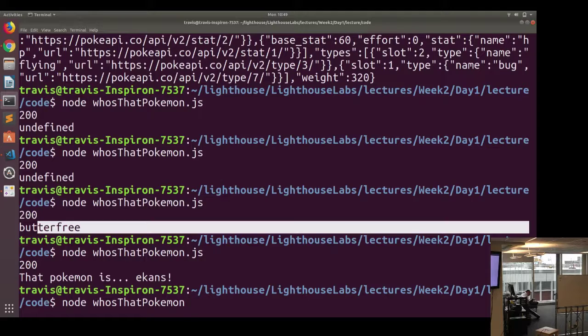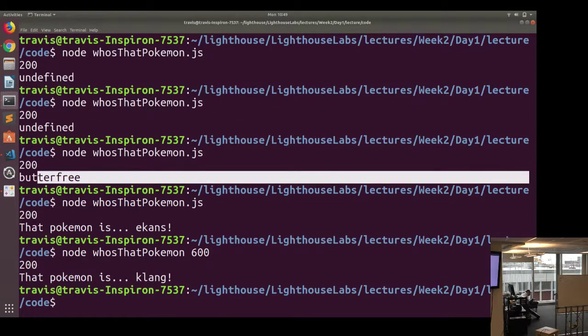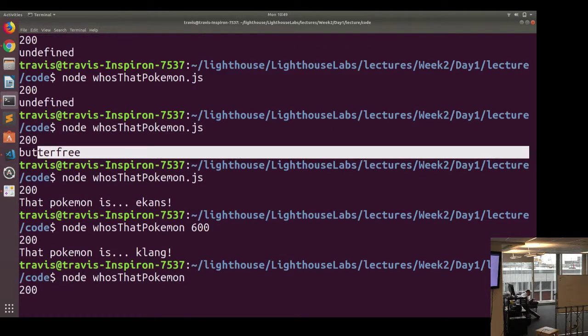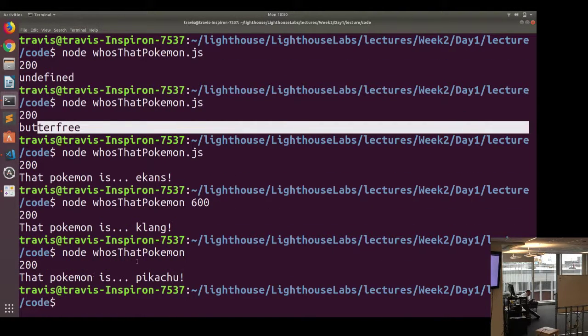So if we run a Pokemon and we give it what's another, there's hundreds of them at this point, so I don't know if there's that many. Oh, Clang. Clang is the 600th Pokemon. Has anyone heard of Clang before? And then if we don't give it a number, it's going to use 25, which is a Pikachu. One thing though is what happens if we give it like, I don't think there's 1,000 Pokemon. If we give it like 1,000,